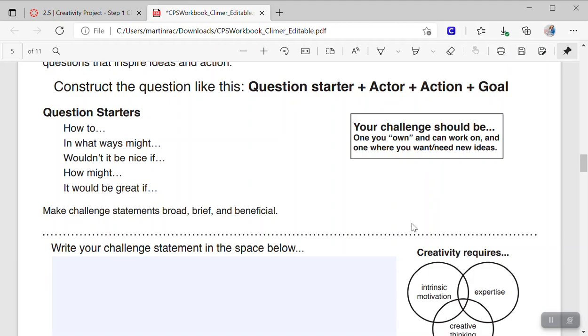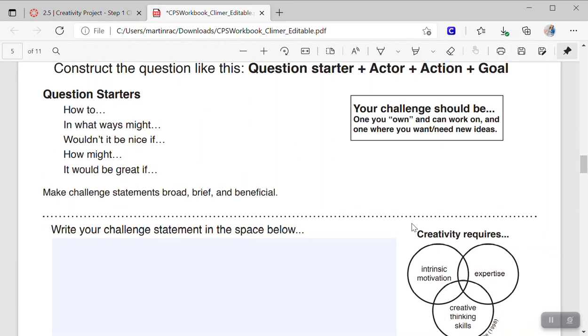So it may start with how to, in what ways might, wouldn't it be nice if, how might, it would be great. So your challenge statement is still pretty broad. You haven't narrowed down exactly what you want to do yet, because you want opportunity for your idea to move. Because what you think you might want it to be now might not be what it ends up being when it's time to get started.